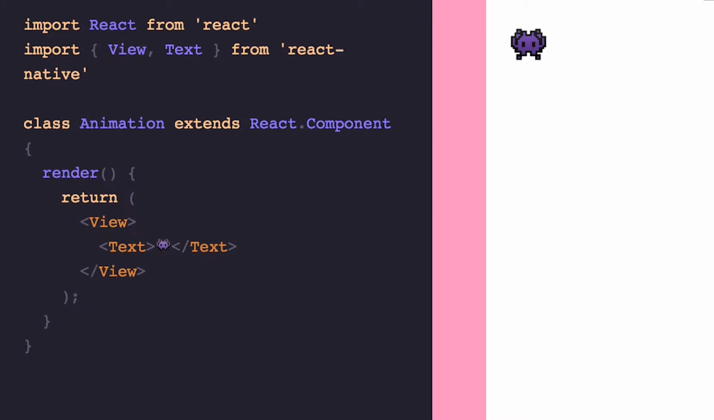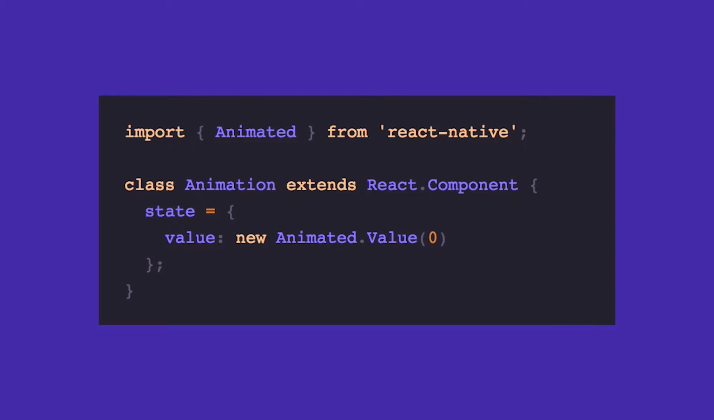A view is like a div, as he said, text is like a span. This is pretty straightforward, and now we can start and think about how you might animate this. And then the core of animations in React Native are these objects called animated values. These kind of perform a bit of magic in that they can bind to the underlying variables in native views